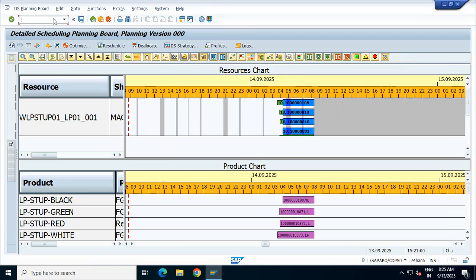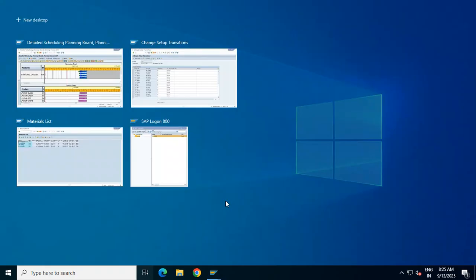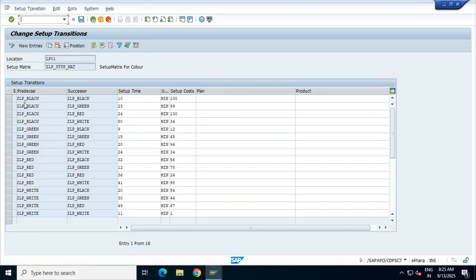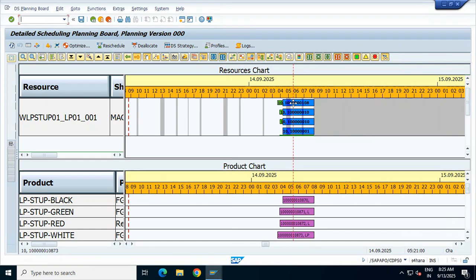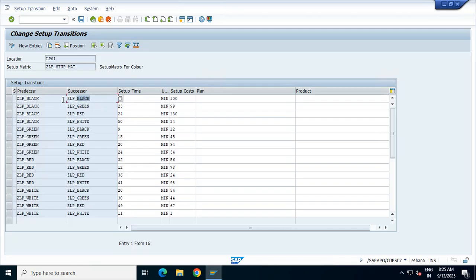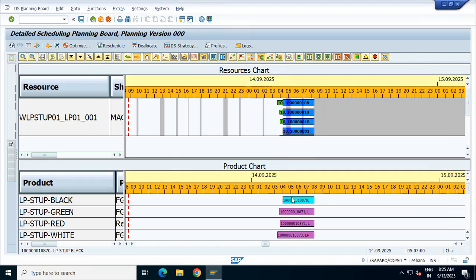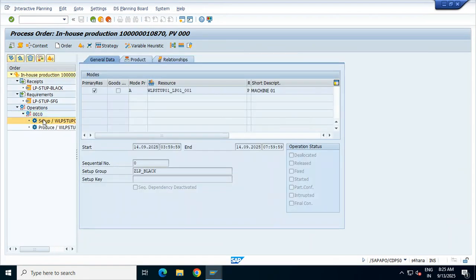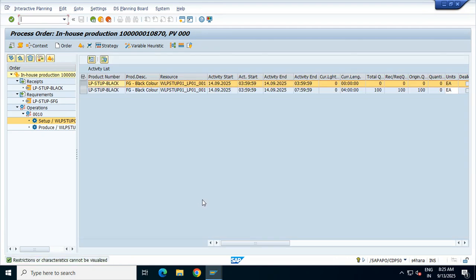CA03, you have something called, suppose I go to my setup matrix. Now what is the first product? That first product is my black, right? Black is having a setup time of 10 minutes. Just a second, let me verify one thing. It's not taking